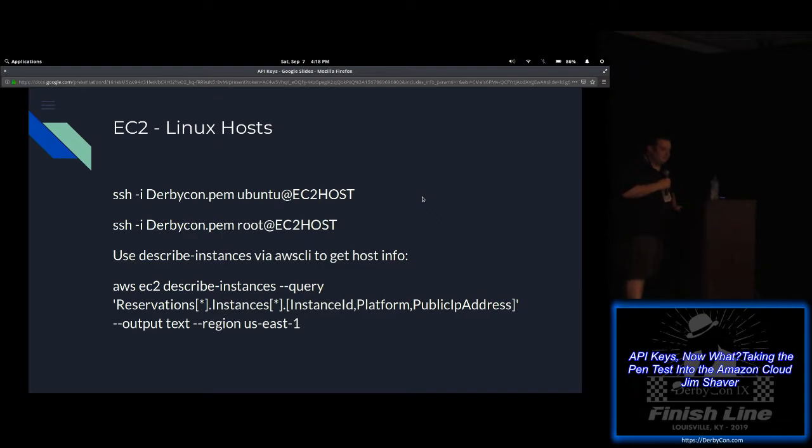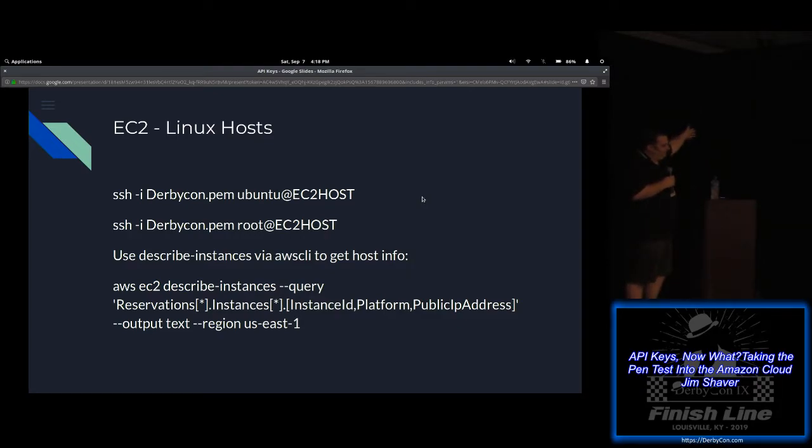Say that again? Yeah, well, I'm going to get to that. Hold on. So you're getting ahead. So this is if the box is sitting on the public internet and listening on port 22. That is an excellent point. Okay, we're going to talk about that in a minute. So this is the first pen test for this place. So they're not doing good things well. Okay, so